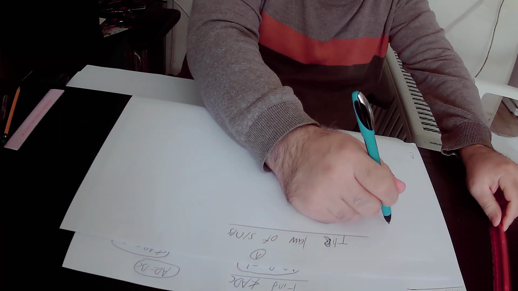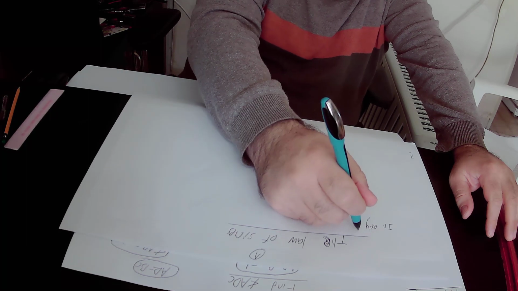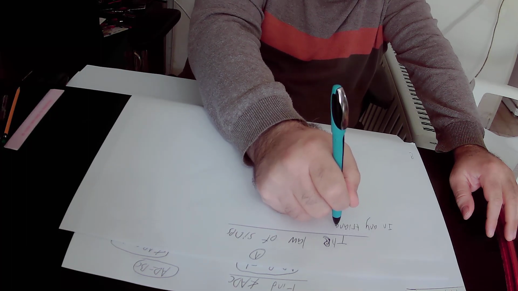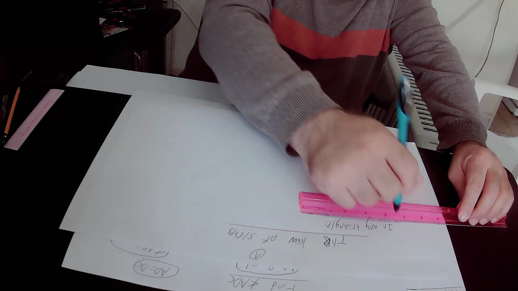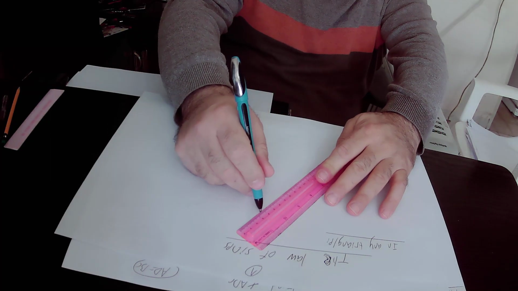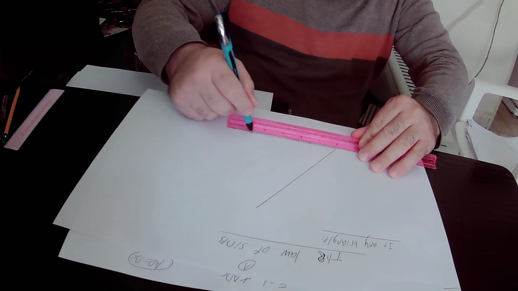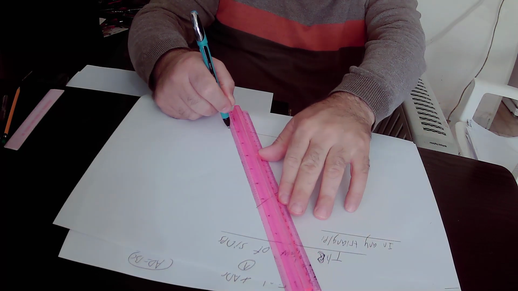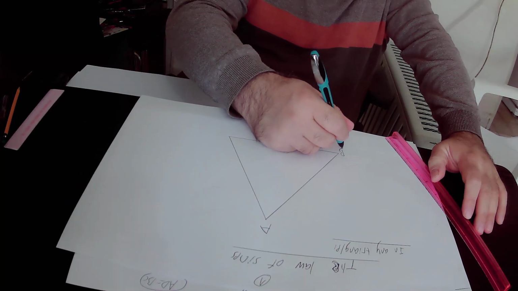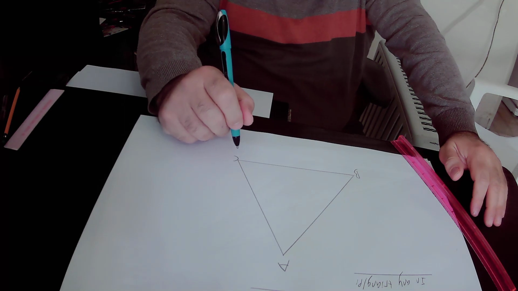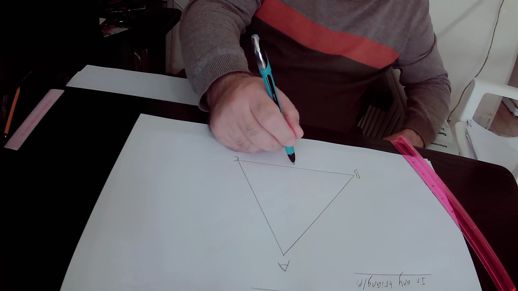So I'll write down that in any triangle, if we have triangle ABC, that could be any triangle, this is triangle ABC, and we know that side BC of triangle ABC equals A units in its length,